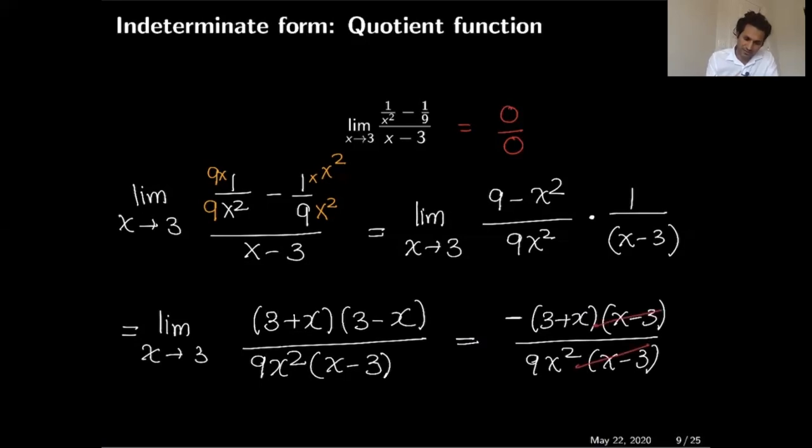And after the cancellation of this factor, we should be able to calculate the limit by just directly substituting. If I directly substitute x equal to 3, I will get 6 in the top, negative 6 in the top, and in the bottom, I will get 81. So this is my final